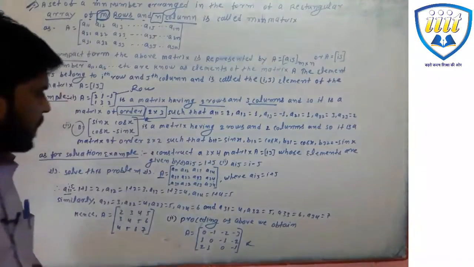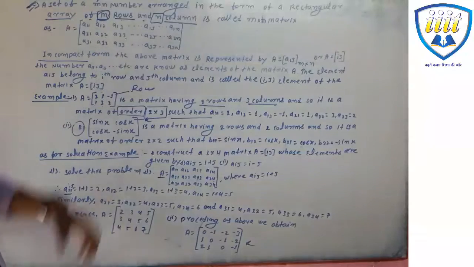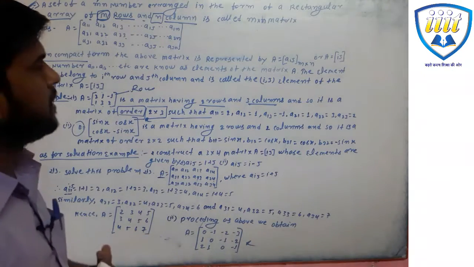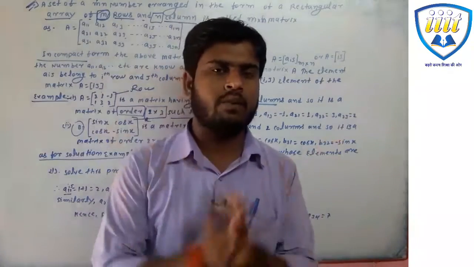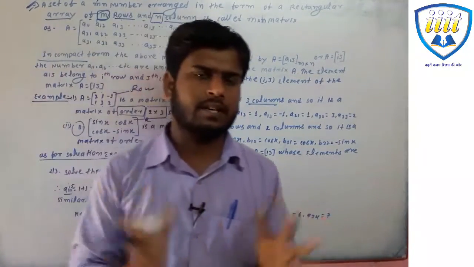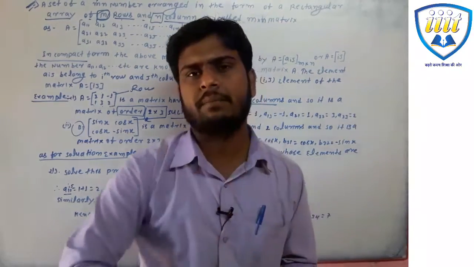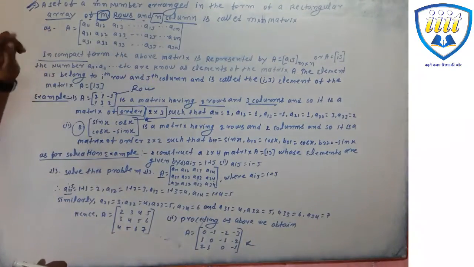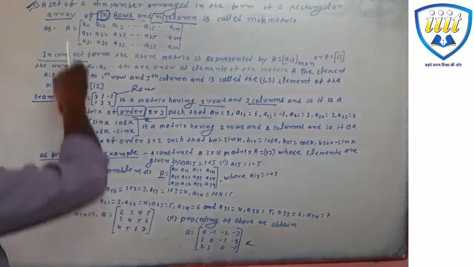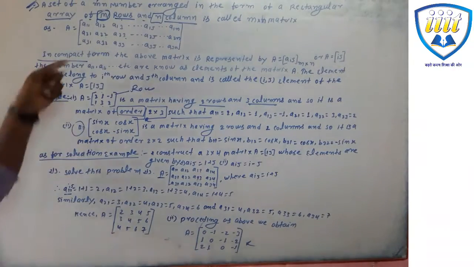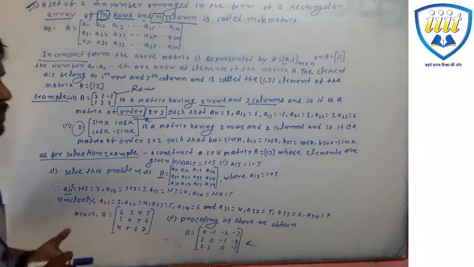Remember the matrix definition: a set of mn numbers arranged in the form of a rectangular array of m rows and n columns is called an m by n matrix. The m rows and n columns are real numbers. Be careful with the definition. A11, A12, A13 as a matrix, for example, represented by Aij.